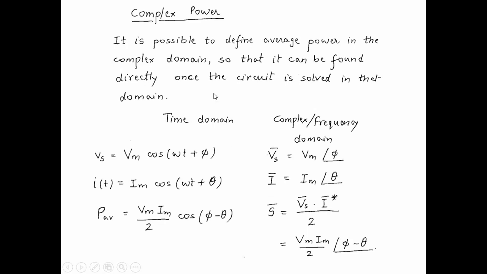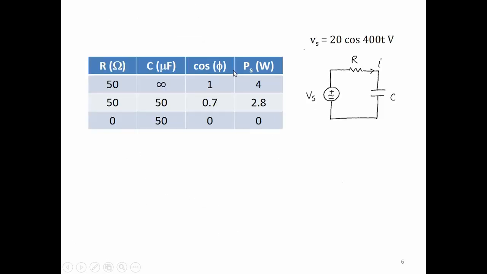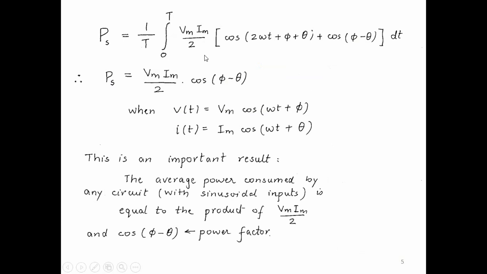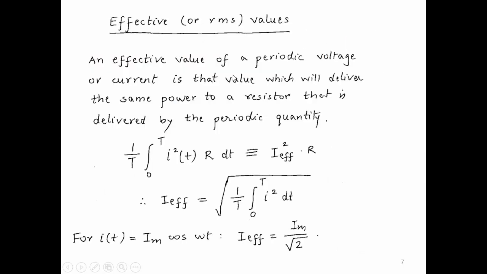Now I want to talk a little about complex power. As we have seen, as the circuit gets larger, the way we solve circuits in sinusoidal steady state is by converting them to the complex domain. So the question we ask is, in the complex domain, can I find the power delivered by or consumed by an element without going back to the time domain? Here we did a time domain analysis, an integral from 0 to T of dt, and so on. Can I find this expression directly in the complex domain? The answer, of course, is yes.